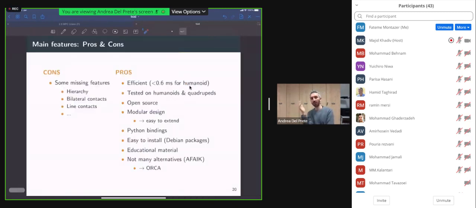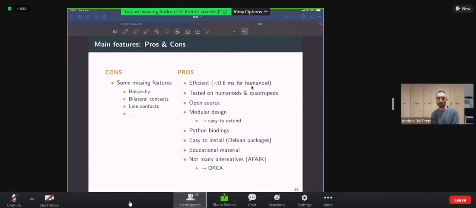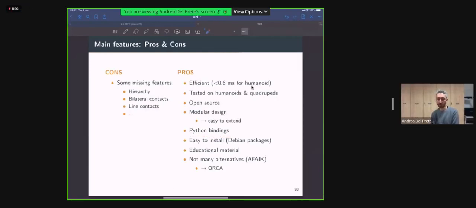But then we have also a very long list of advantages of TSID. It's very efficient, so you can solve the TSID control problem in less than 0.6 millisecond for a humanoid. It has been tested on humanoids and quadrupeds. It's an open source software. The design is actually quite modular, so it's very easy to extend, and we do extend it upon demand. It comes with Python bindings, so it's very easy to use it just from Python.